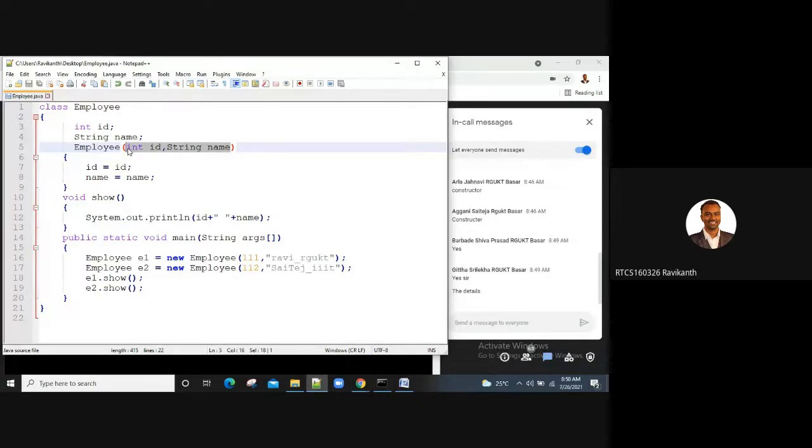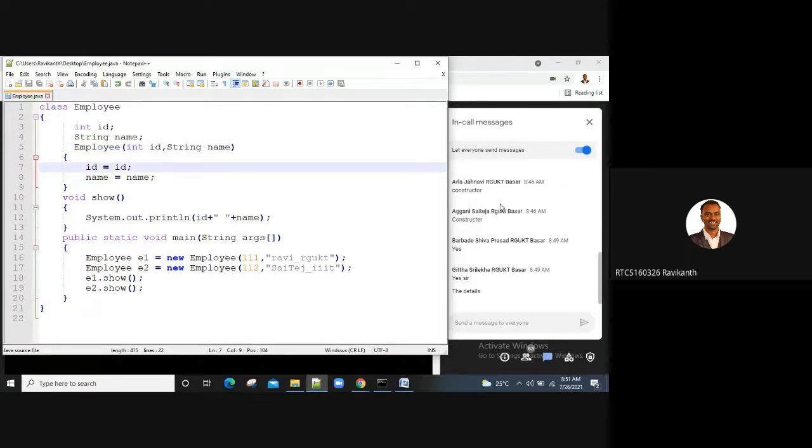Sir, how do we resolve this? Yes, we will resolve this by using the this keyword. So now we are going to distinguish between local variables and instance variables.